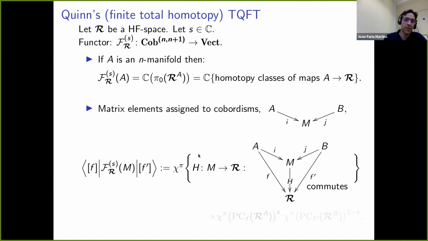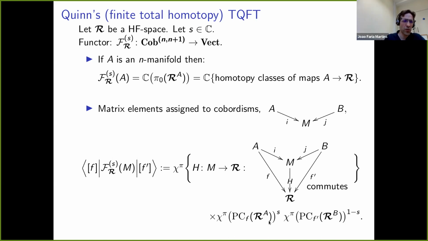And yeah, that's it. And by the way, this calculation depends only on the homotopy class of F and F prime. There are still two normalizing factors you need to put in. I'd suggest not to think much about it. You need to look at the path component of F in the function space, compute its homotopy cardinality to the power S, and do the same thing for the path component of F prime in the space of functions to the power 1 minus S. This flexibility is important.